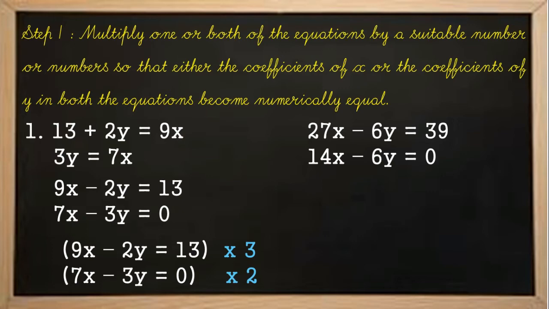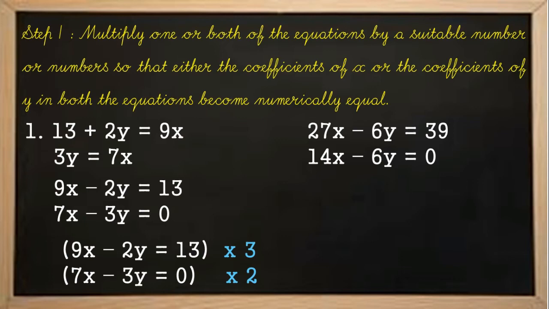Most of the students will consider this point in a wrong way. Don't think that the second equation is having the coefficient of y as 3, so we have multiplied the first equation by 3 and the second equation is multiplied by 2. It is in the vice versa. Why? Because in the first equation the coefficient is 2 and the same 2 is used to multiply the second equation, and the second equation coefficient is 3. It is considered to multiply the first equation. Many of the students will go wrong with this. It is just a coincidence.